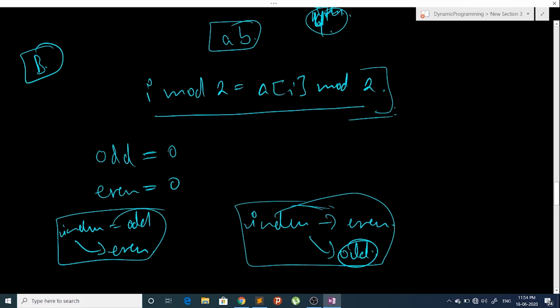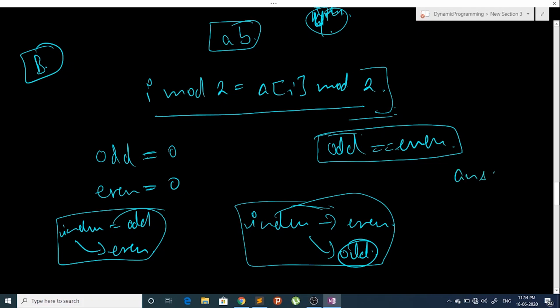So finally we will have some odd and even. Now if these are equal, then we can swap each odd with each even. So our answer will be just odd or even because they are equal.